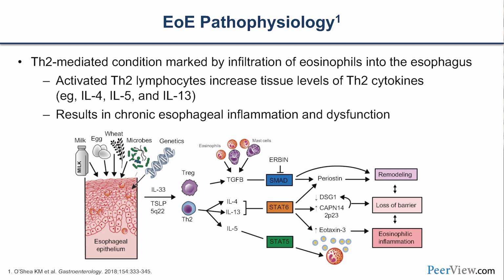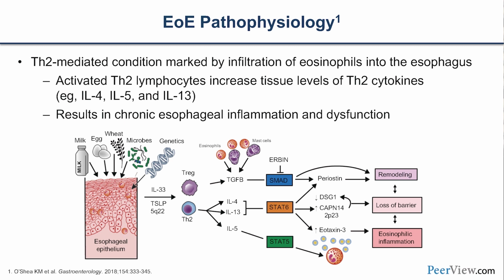And this graphic shows our current understanding of the pathogenesis of EoE. EoE is thought to be an allergic Th2-mediated condition that ultimately leads to the infiltration of eosinophils in the esophagus. But what happens is, in the setting of a weakened esophageal barrier, whether that's intrinsic to the patient or extrinsic from environmental exposures, allergens that would not otherwise get into the esophageal lining get in there and cause an allergic